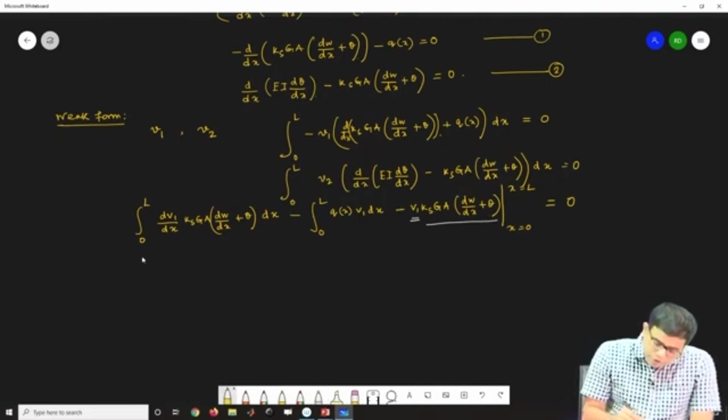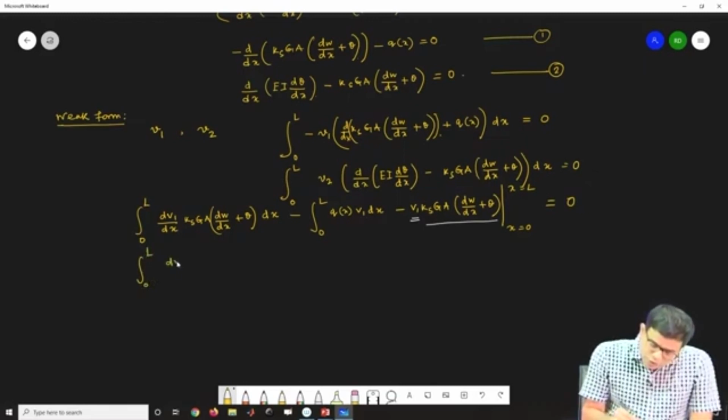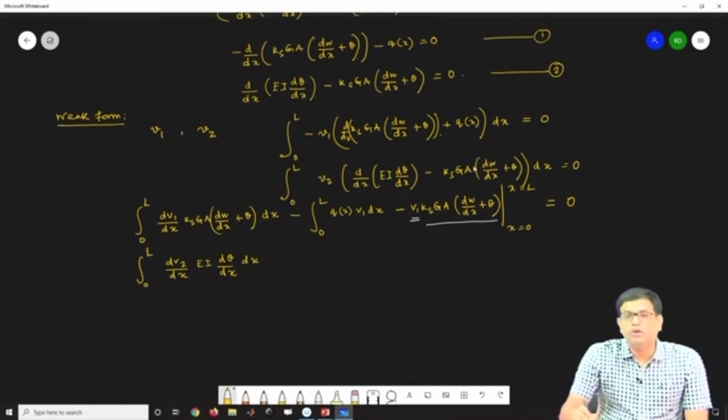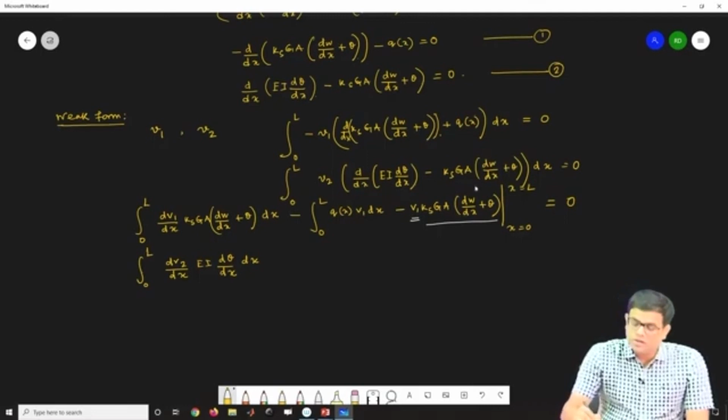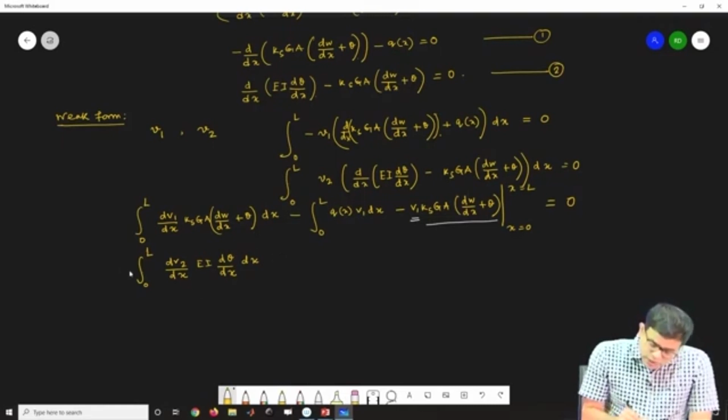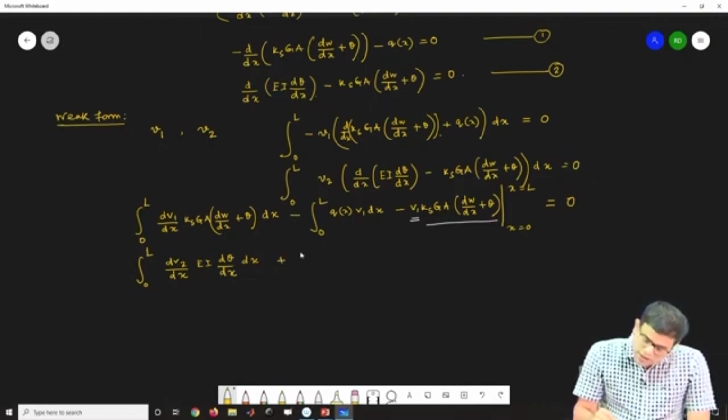Now the second weak form, if I write similarly, then again what I will have is dv2 dx and then EI d theta dx. So this is into dx, and then the second term here, I don't need to do the integration by parts because this is a first order term. So only derivative here is dw dx. So naturally, let us consider minus, then if I take minus common, then this will be plus. So integral 0 to L v2